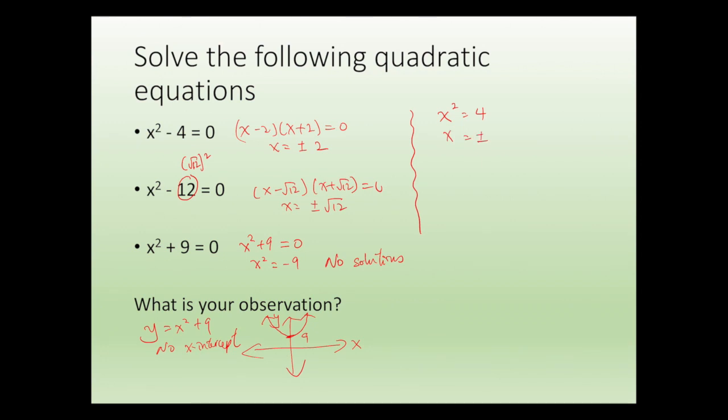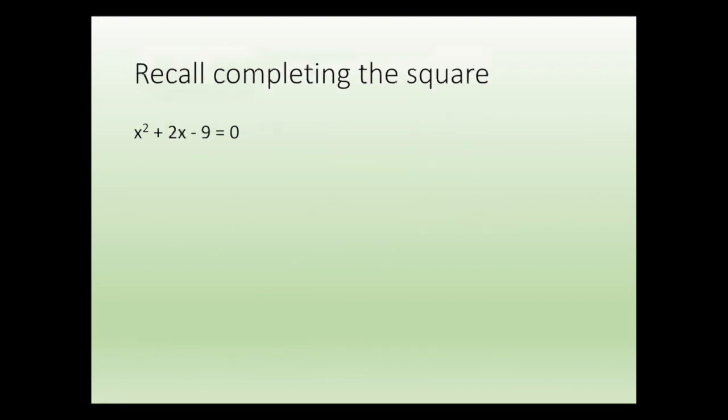Now, the other way of solving the first and the second one is you can write it as x squared equals 4. Therefore, x equals plus or minus 2. Same with the second one as well. x squared equals 12. x therefore equals plus or minus square root of 12. Or you should realize that this is plus or minus square root of 2 squared times 3, plus or minus 2 square root of 3. Simplify your surds all the time. So now,